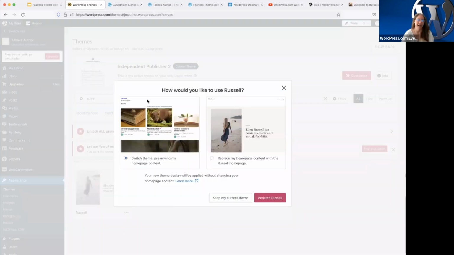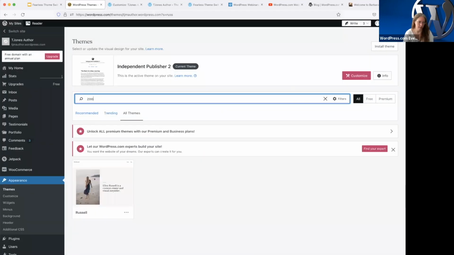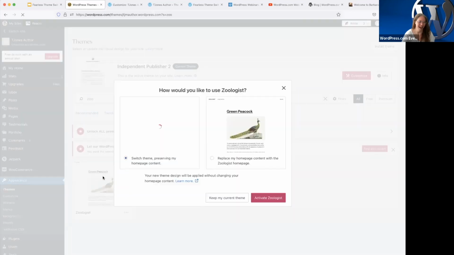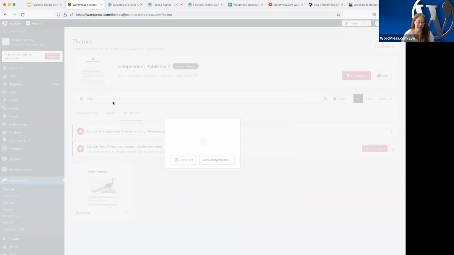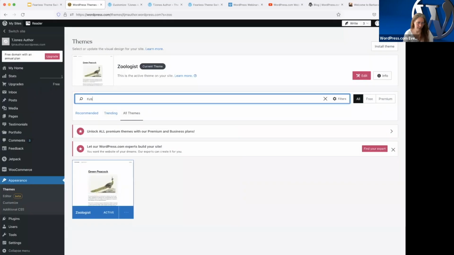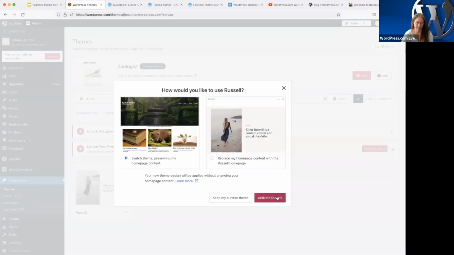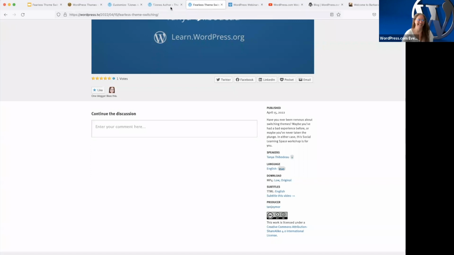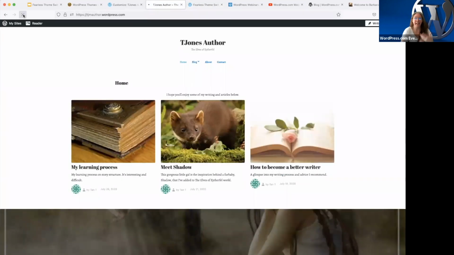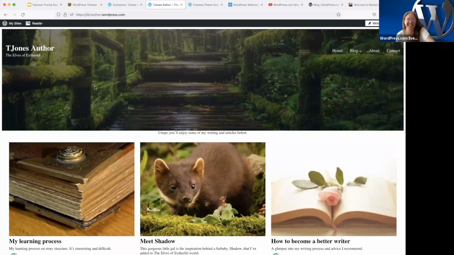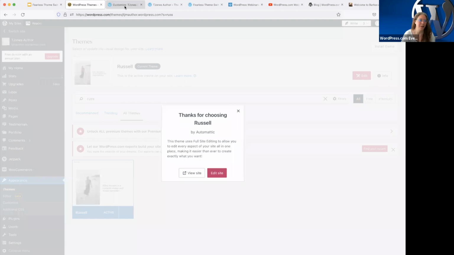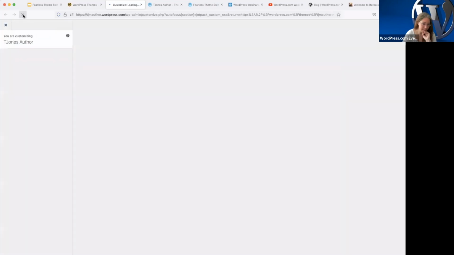This is probably the one. Yeah, see, this doesn't work. That's really interesting. Okay, I'm not going to mess around. Go fast. I'm going to activate zoologist, and then we're going to switch to Russell, because that seems to be a formula for success. There. I don't know why it's doing that. It's kind of fun, actually. I need to investigate that. I like quirks like that, though, because it gives me something to investigate. Anyways, if we go back to the customizer now for Russell, what we're going to see